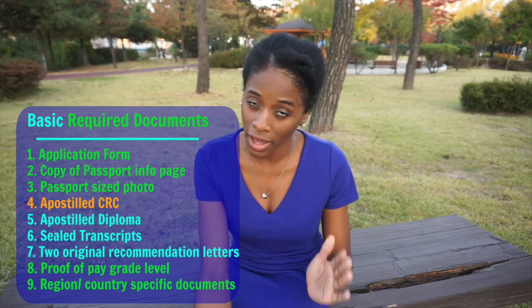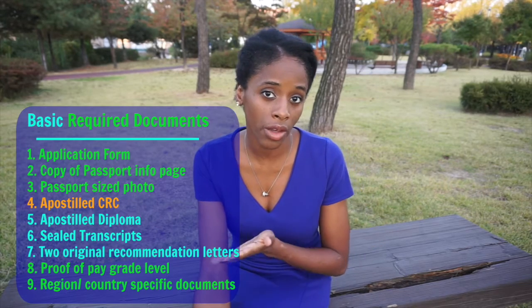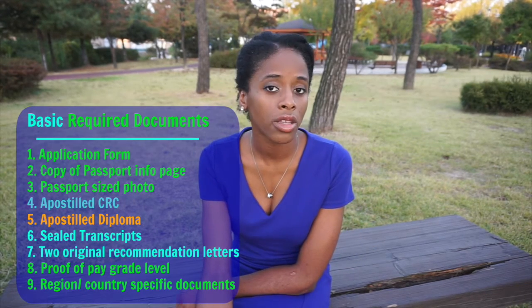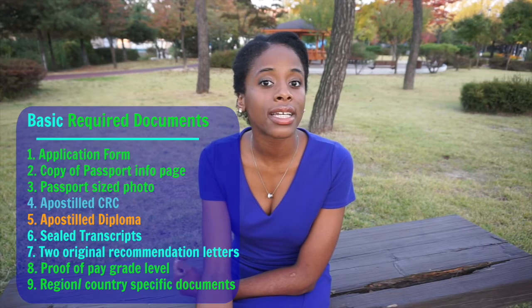Make sure you do everything right. Once you receive your criminal record check, you have to get it apostilled on the national level. Number 5 is the apostilled copy of your bachelor's degree. This one you can get apostilled on the state level. So you simply have to make a copy of your diploma and send it off to the state for it